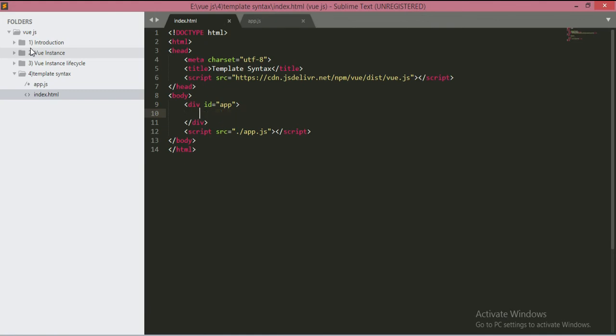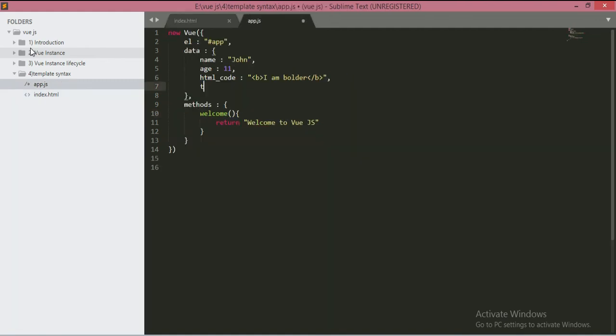Let's say we have a simple h3 tag, and let's simply write I am heading. And now let's provide a title as, let's say, title. Here, as we know, this title is an attribute, and basically in HTML anything that combines with equals to and quotation will be considered as an attribute. Now first of all let's define this title in our data object. So let's say title, this is our heading. Now let's try to run this in the browser.